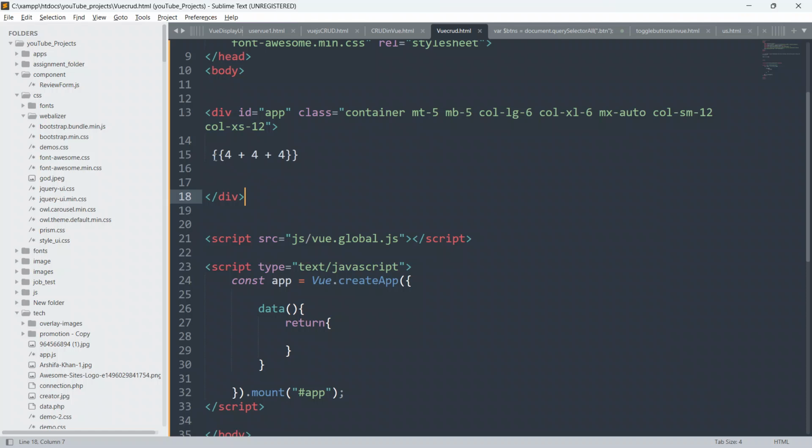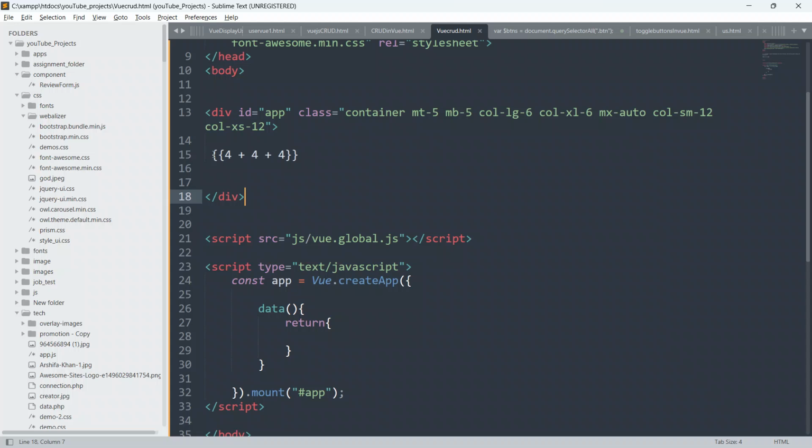Otherwise it will throw an error, because Vue is not going to understand what you have written. So whether it is an expression, a function, a method, or any kind of calculation, you have to write it inside the double curly braces only whenever you are working with Vue.js.